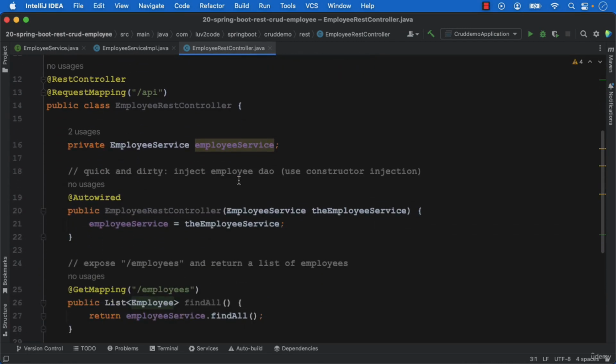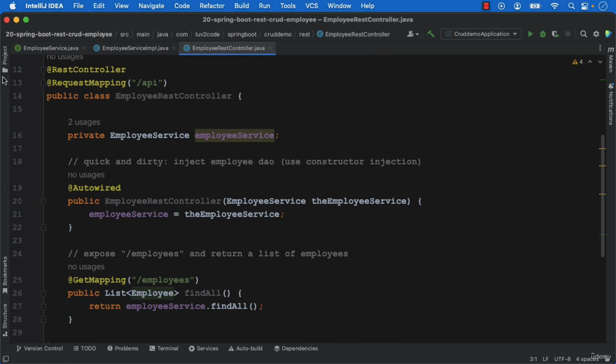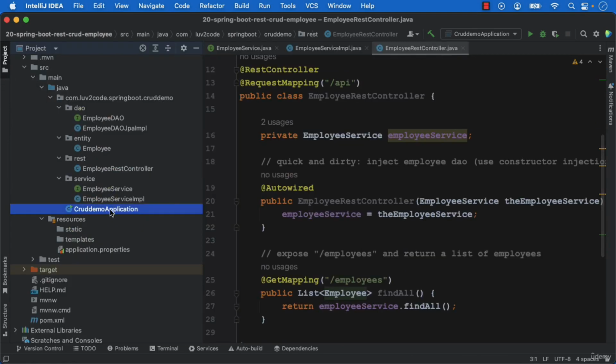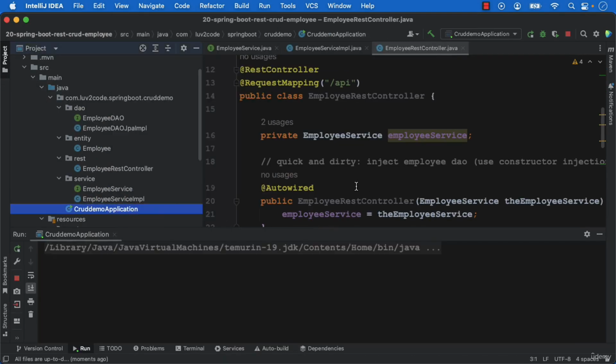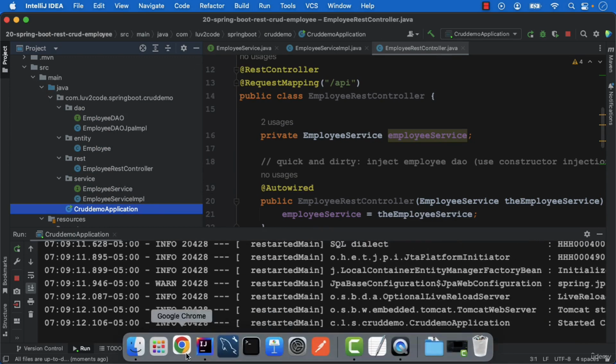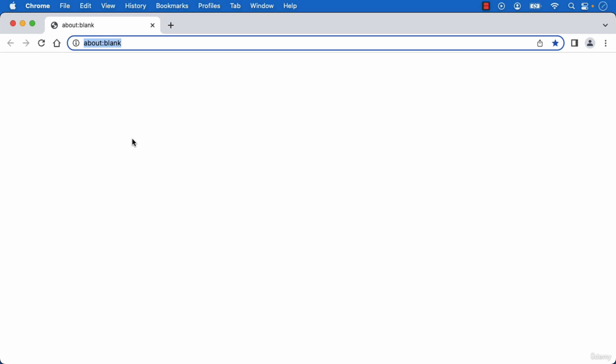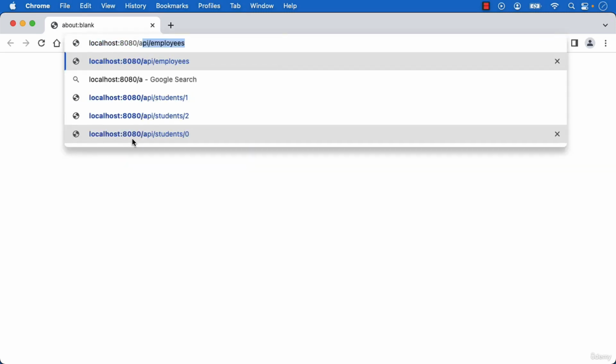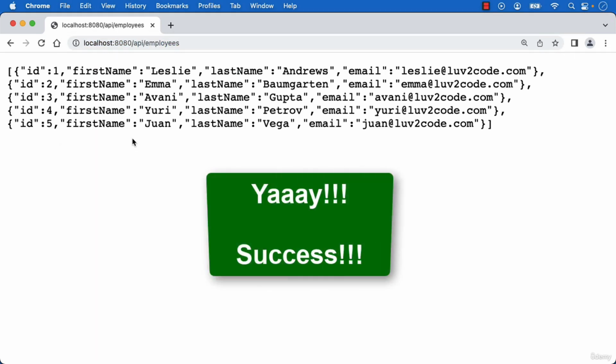Okay, so this is good. So let's go ahead and run our application just so we can view the output here. And we'll swing over to our web browser. Yay, it works out just fine. So we're getting the same data